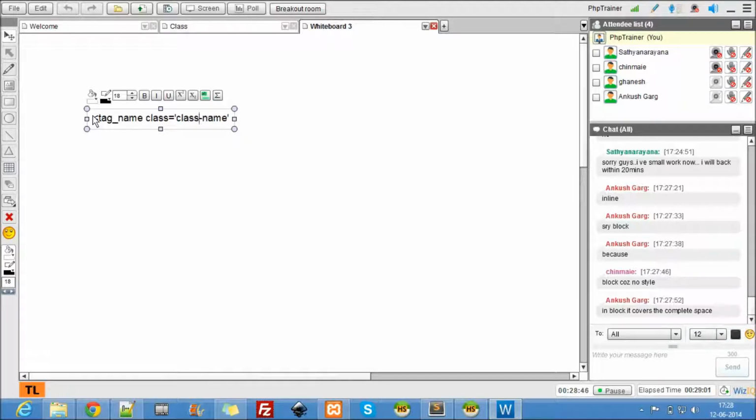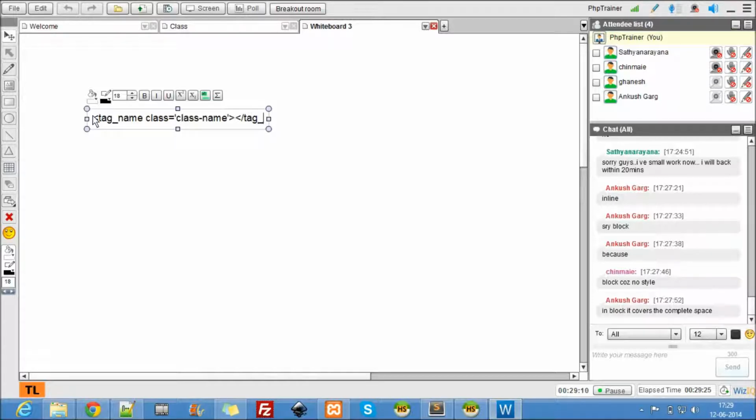If there are two words in the class name, separate them with a hyphen. This is my standard. You can follow any standard. My standard is class names are always small and they have a hyphen if there are two words. If it's only one, there's nothing, only small letters. If there are two, then this is how I do it.